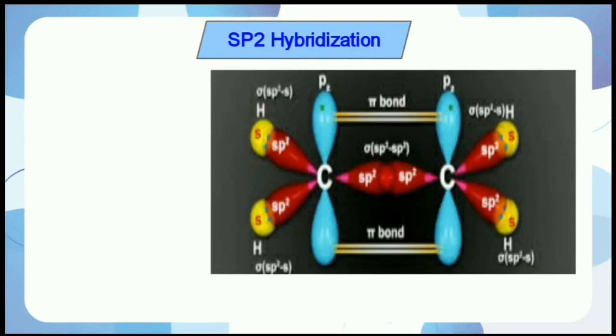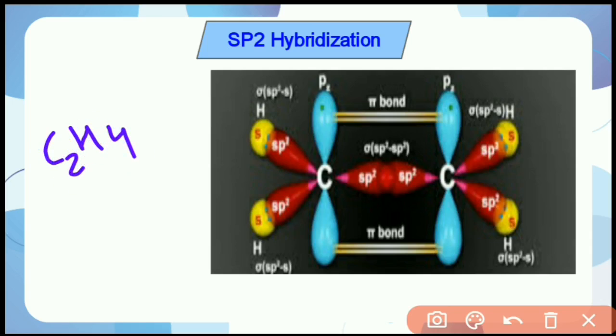Next, sp2 hybridization in organic compound, for example C2H4, ethylene. In this ethylene molecule, 2 carbon atoms are present, and these 2 carbon atoms are sp2 hybridized. So here 3 sp2 hybrid orbitals are present and 1 unhybridized orbital is present. So these 3 hybrid orbitals form bonds, and